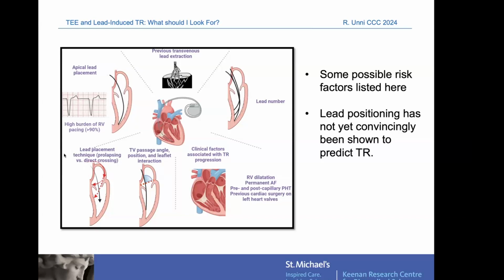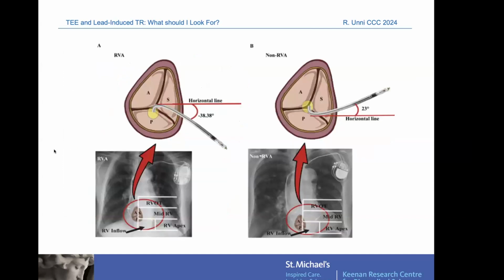So the placement of the actual lead has been discussed. My understanding is there are a couple of different ways to cross the valve. You can either let the lead prolapse into the RV, or you can directly cross it. There may be slightly more risk with directly crossing. And then a group has looked at the angle at which the lead passes through the valve. So this is a diagram of the angle of the lead on chest X-ray,